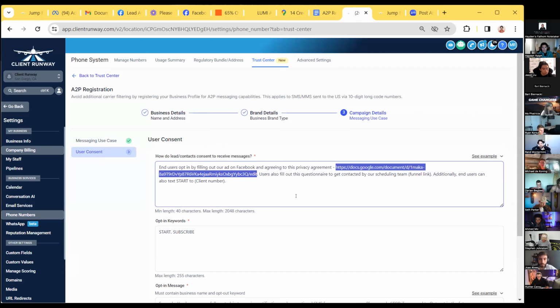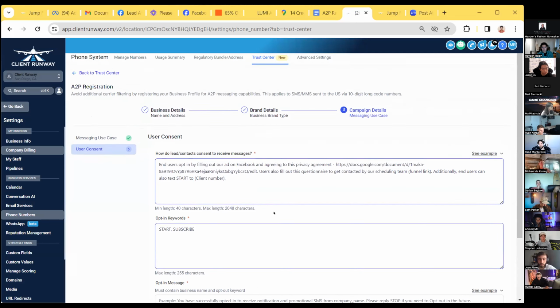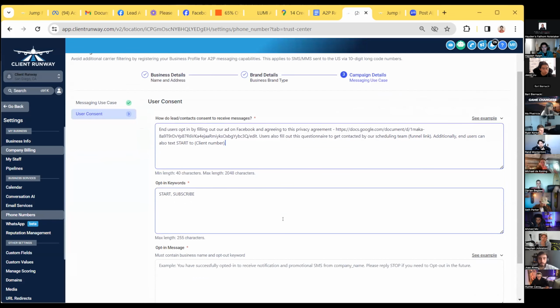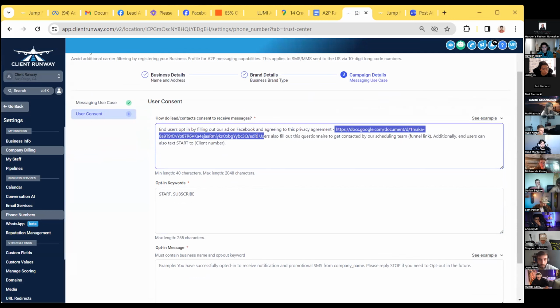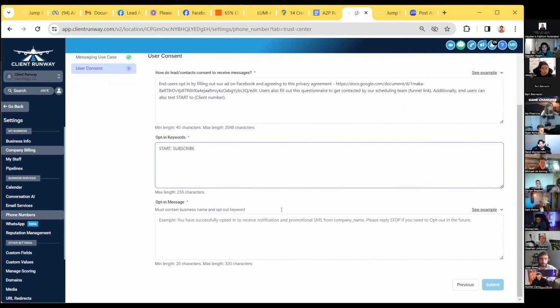Twilio is very strict with the privacy policy, so we need to be careful with that. I'm not sure what their template is, but sometimes Twilio just accepts the privacy policy, but it still depends on who will be reviewing the A2P registration.